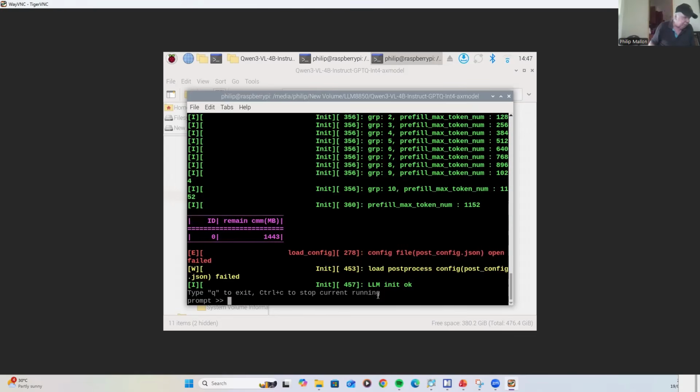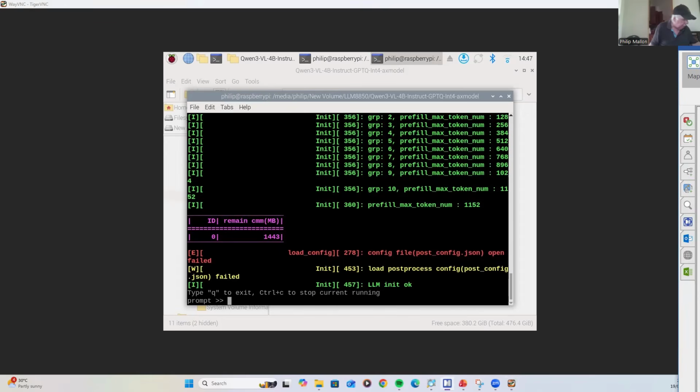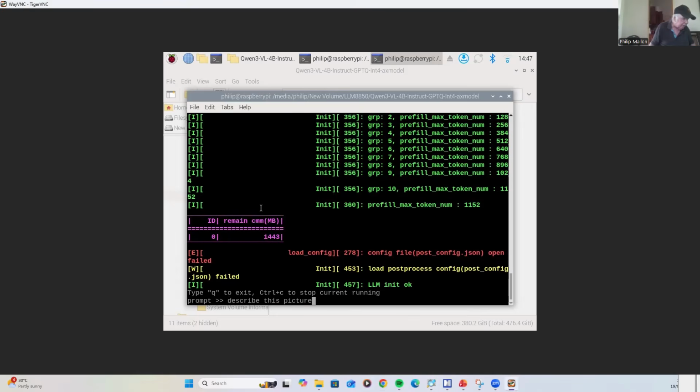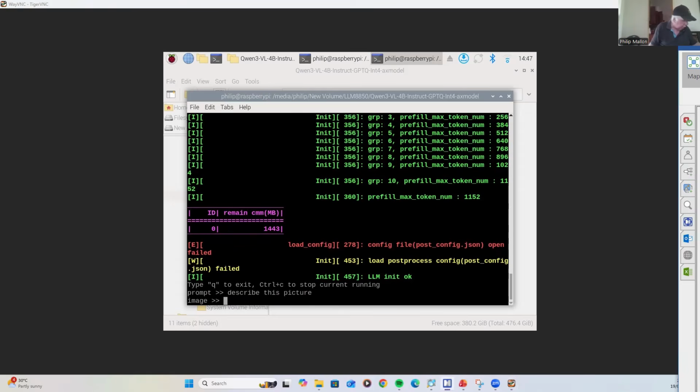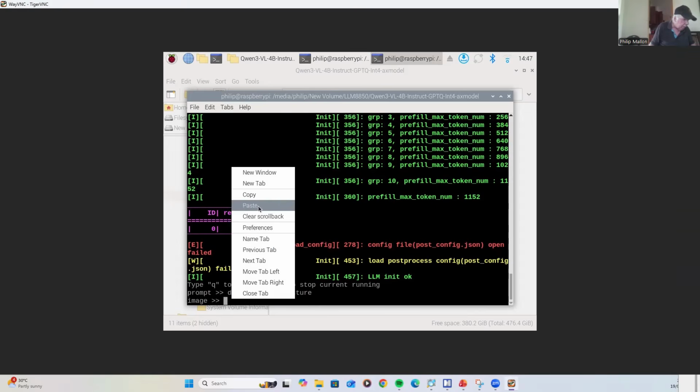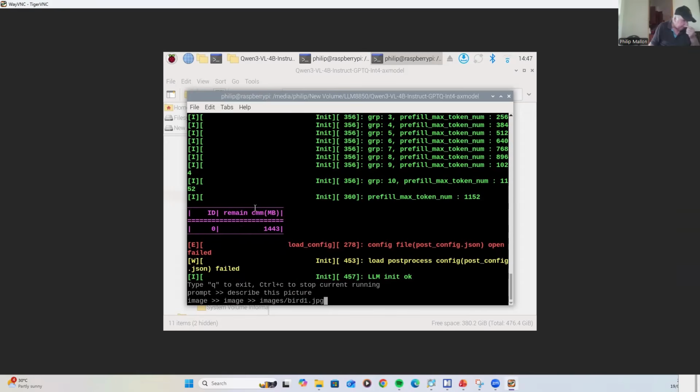Okay, now that it's completed, initialized our large language model, we can enter the prompt. And the prompt we're going to do is describe this picture. So I'm going to copy that and put it in, we'll paste it in. So describe this picture, and it's asking us where the image is. And the image, I'm going to copy the location of the image, which is located in images